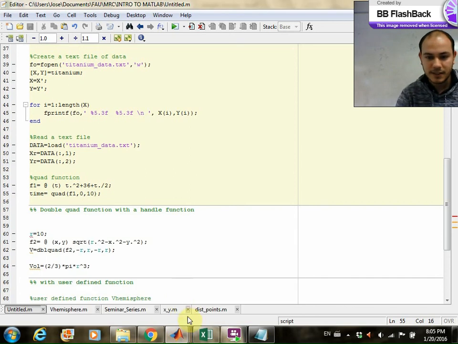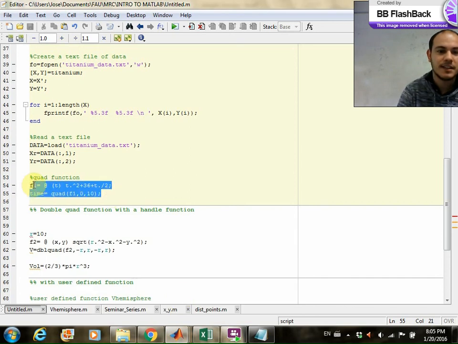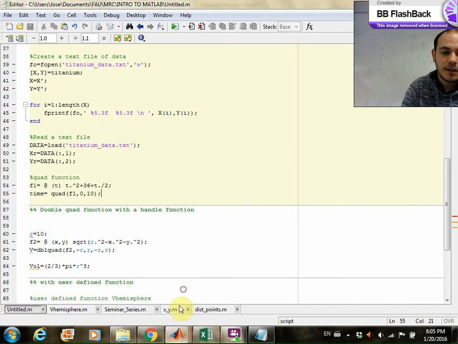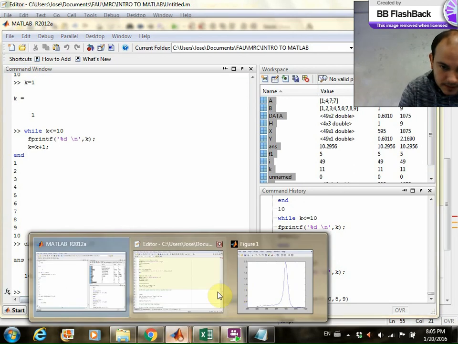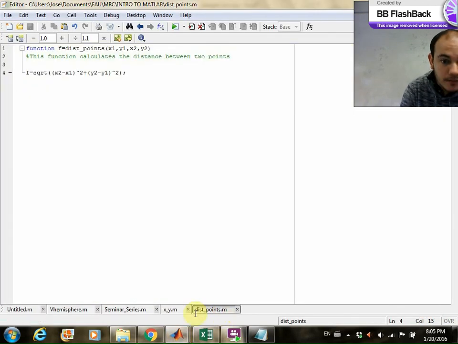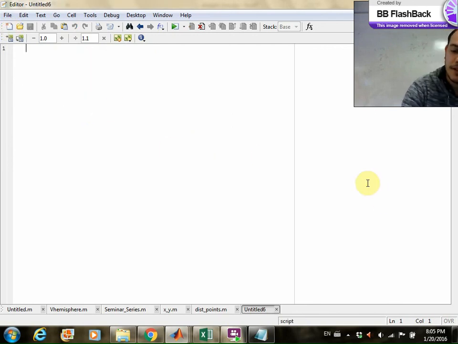We are running out of time, but I'm going to go real quick over this last statement, which could be very useful, and it's the quad function. What the quad function does is it integrates numerically. It uses Simpson to perform an integration. So let me use that same function. I'm going to integrate that. You work on another script. So say f1 equals, let's make up a function. At first, the variable I'm using is x, let's say, and my function is going to be